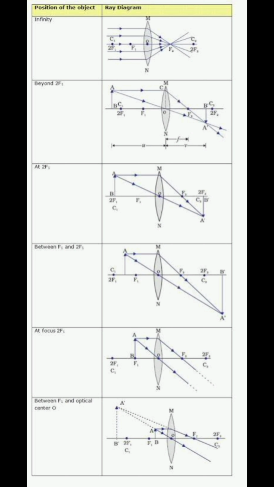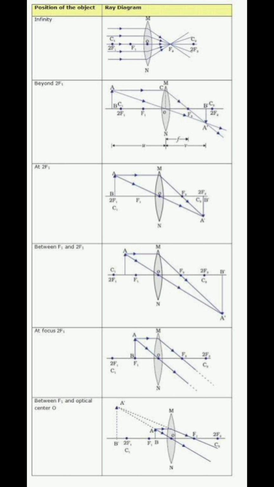Image formation in a concave mirror always depends on where the object is placed. For example, if the object is at infinity, the image will be point-sized, real and inverted. When it is beyond C, you will see a small, real and inverted image. When the object is at C, the center of the sphere, the image formed will be the same size,